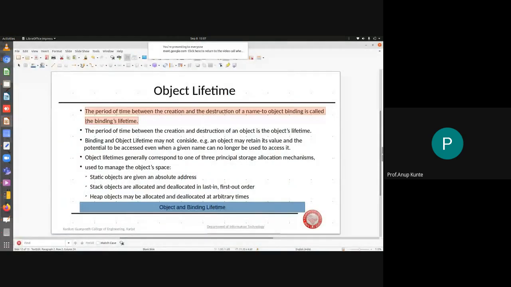ठीक है. The point of time between creation and destruction of name to object binding. नेम टू ऑब्जेक्ट बाइंडिंग म्हणजे मी एखादं नाव एखाद्या ऑब्जेक्टला दिलंय आणि ते ऑब्जेक्ट जे आहे ते यांचं असोसिएशन होणं, याला बाइंडिंग म्हणतात. We have seen already. So whenever I associate the name to that object, that is the point where the life of the object is,